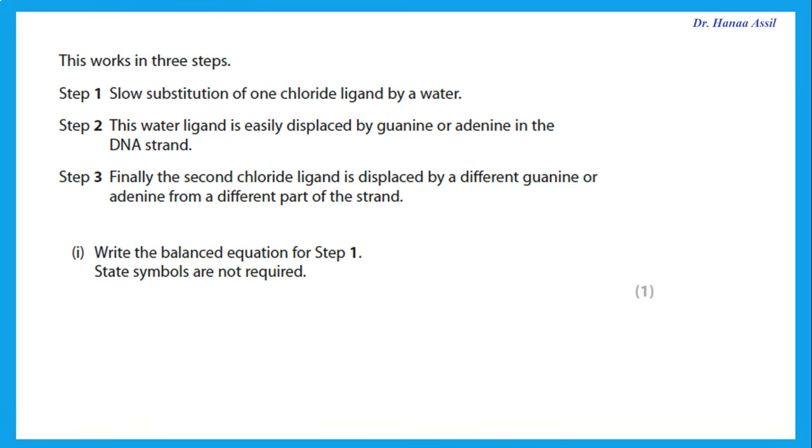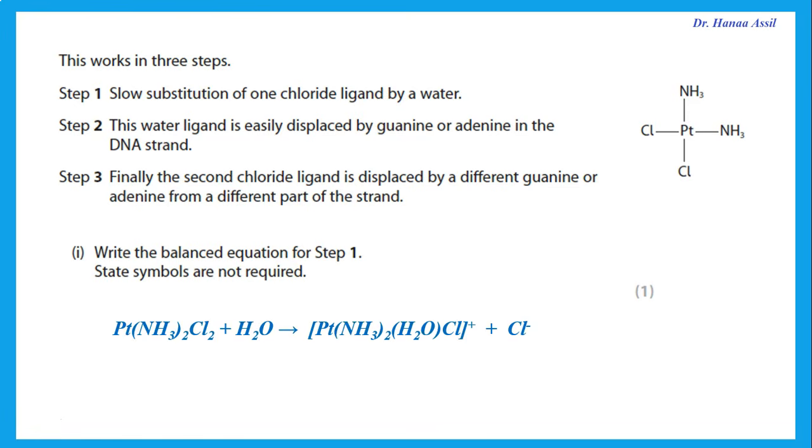Substitution of one of the chlorides by water. So we're starting with this cisplatin, which is platinum with 2 ammonia and 2 chlorines, and we're substituting it with water. So this is the kind of complex that we will have, and we're removing 1 chloride ligand. So this is our product. Platinum, 2 ammonia. Now we're going to remove one of the chlorines, put instead of it 1 water ligand. I'm left with only 1 chlorine, and the other chloride is